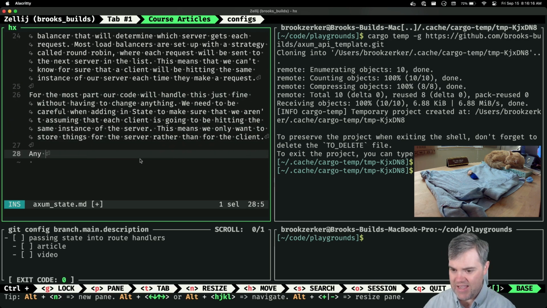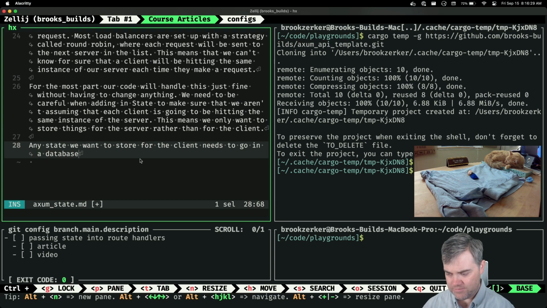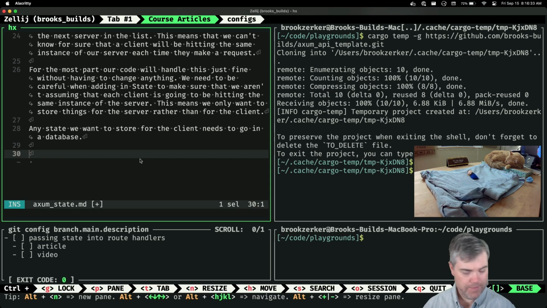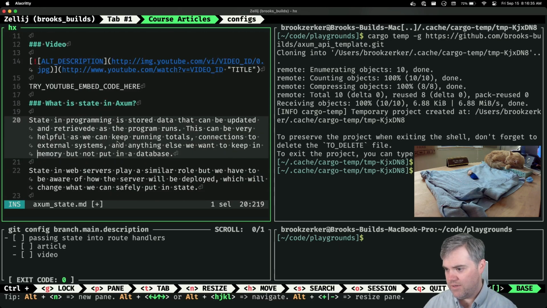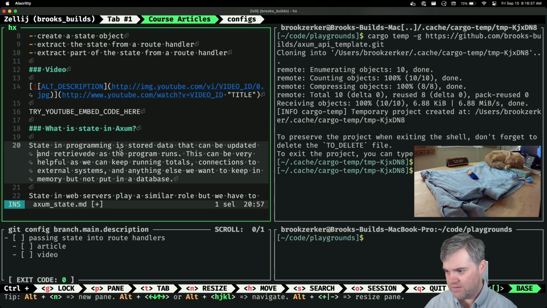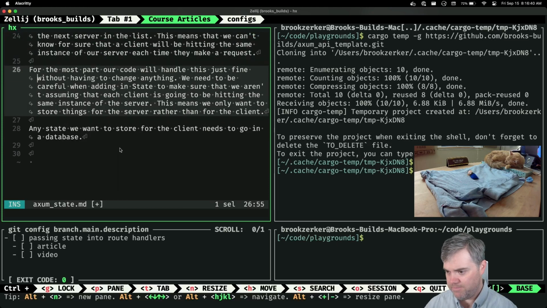Any state we want to store for the client needs to go in a database. Okay.